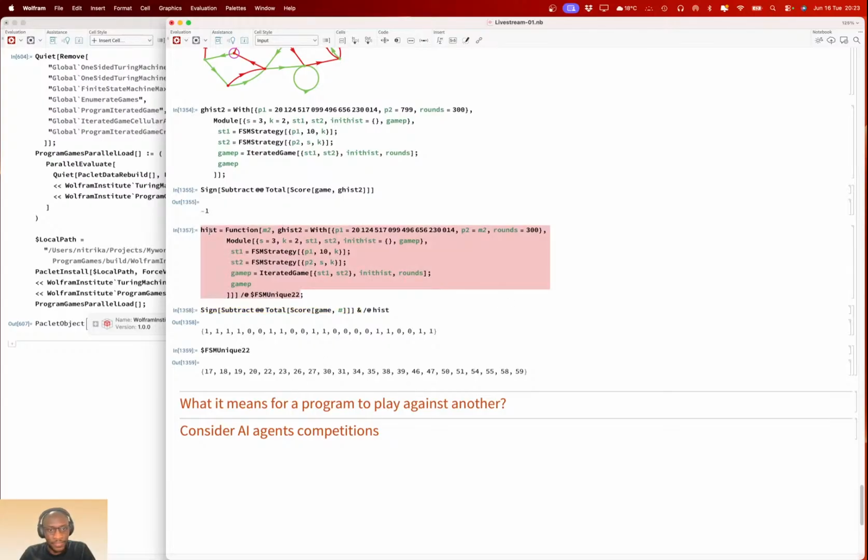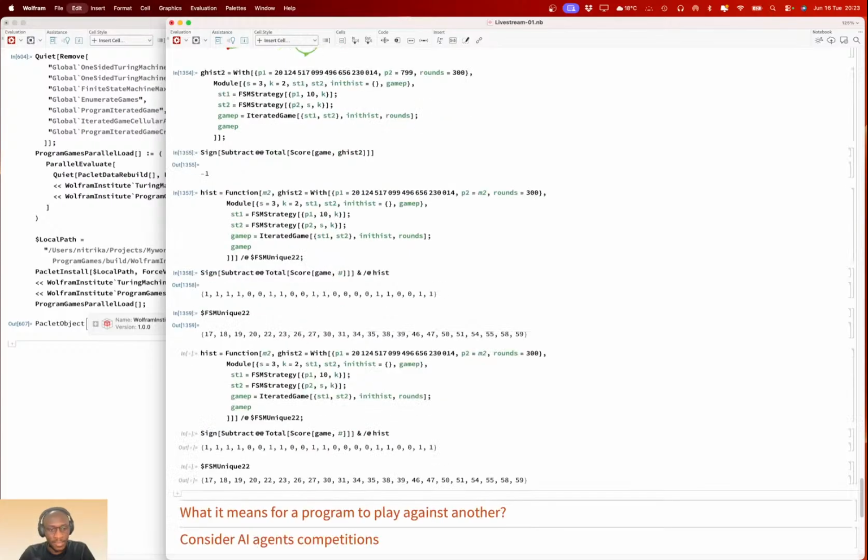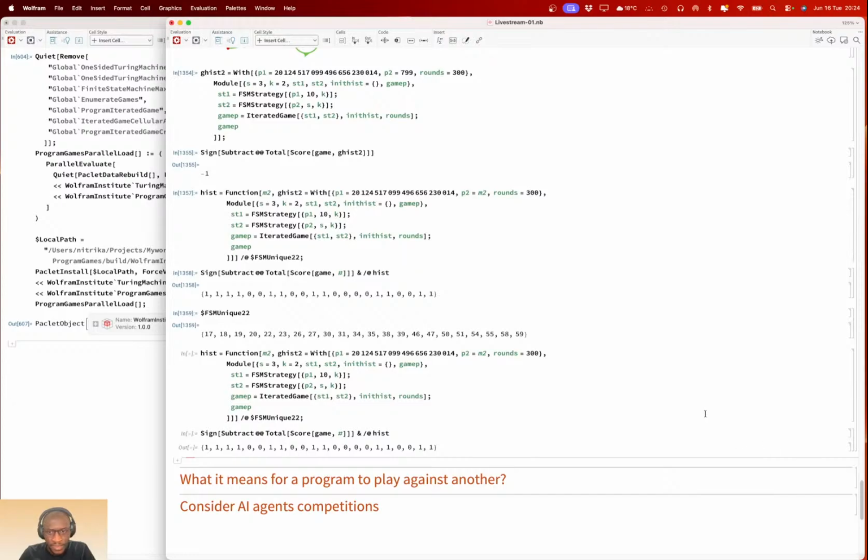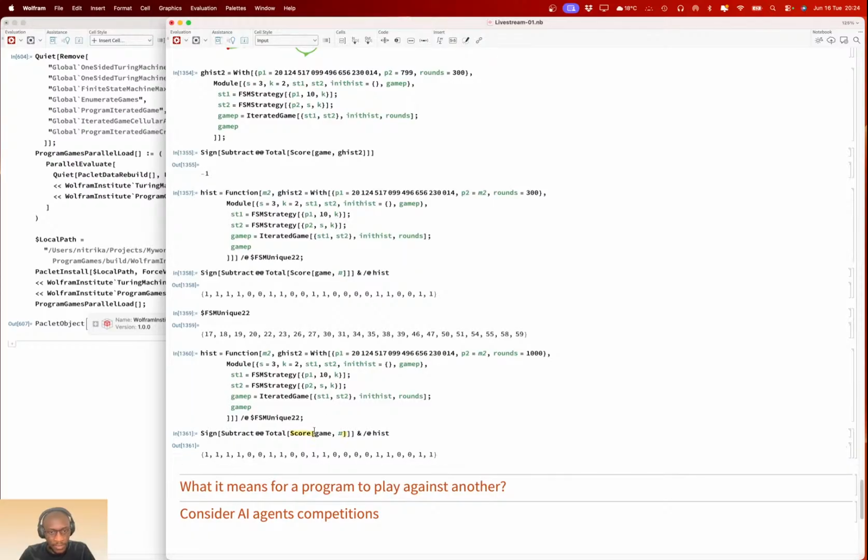I don't know, let's try to go many rounds and see if it still does that. Maybe 1,000 rounds, and yeah, this still wins against 1,000 rounds. Maybe 2,000 rounds.